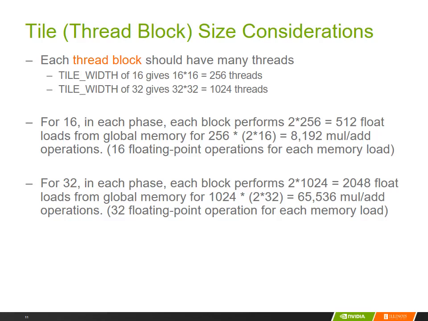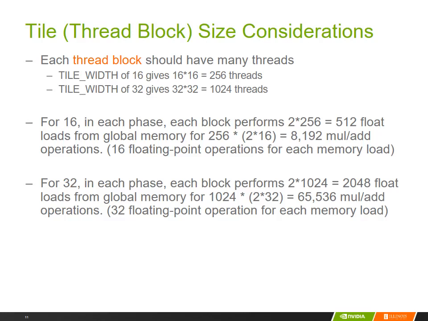To summarize, we have 16 floating point operations for each memory load, which is 8,192 divided by 512. This is a very good ratio. This brings us much closer to the ability to support the execution near peak